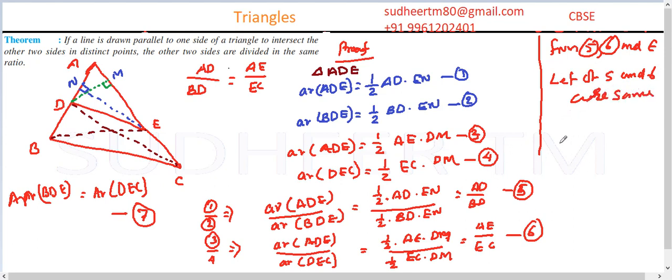So the right sides also must be the same. That's the point here. So what we can write here,